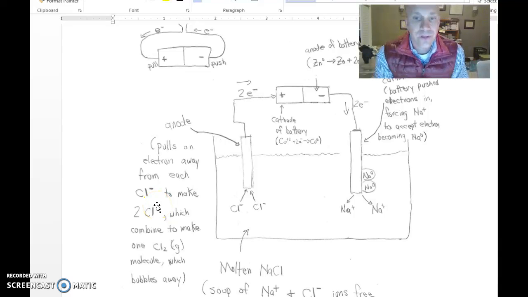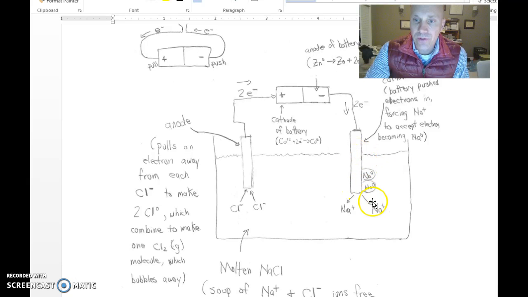So, in an earlier video we introduced electrolysis. And electrolysis is the process where you're taking some electrical energy in order to cause a reaction that ordinarily doesn't want to occur. And in the previous video we talked about a very famous example of this, which is the electrolysis of sodium chloride. And that happens when you have this reaction vessel where you have molten sodium chloride,